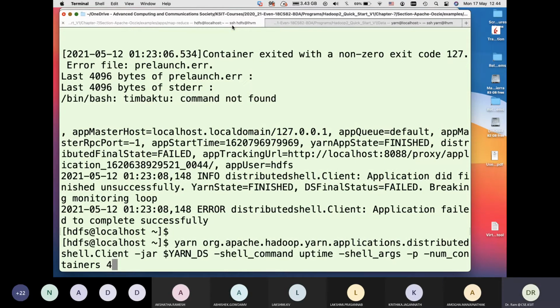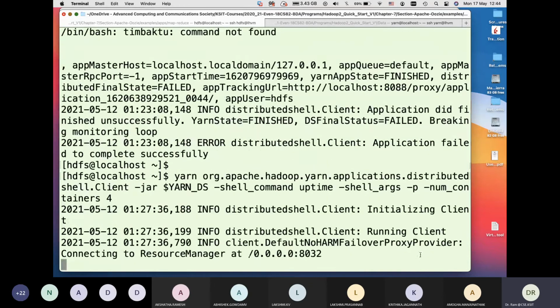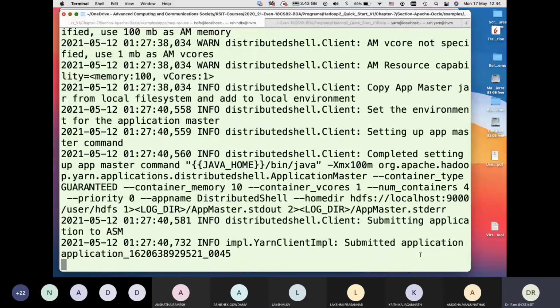Container number 1 would correspond to the application master, and containers 2, 3, 4, 5 would run the uptime command with option -p. So let's run it, and you see this will run in 4 containers, and again you look at the logs and then analyze it.